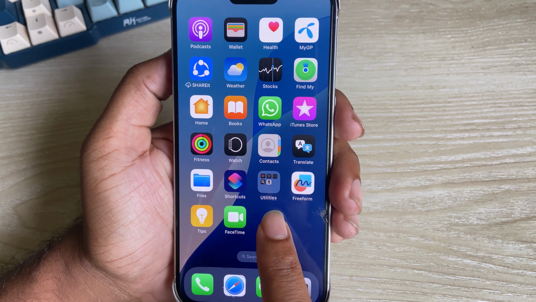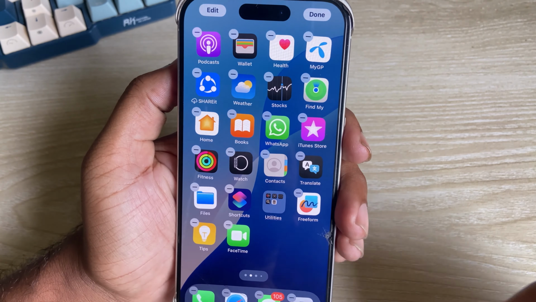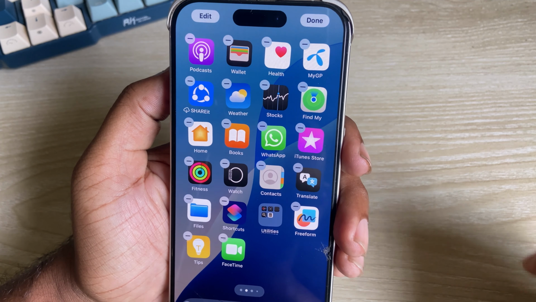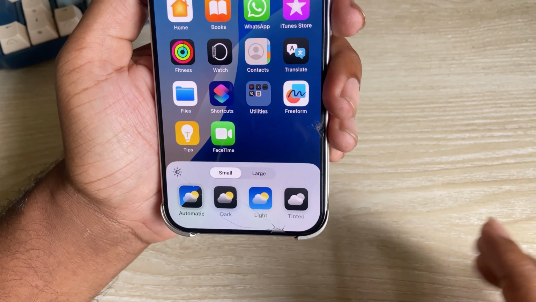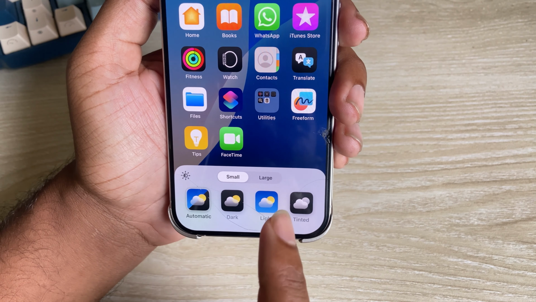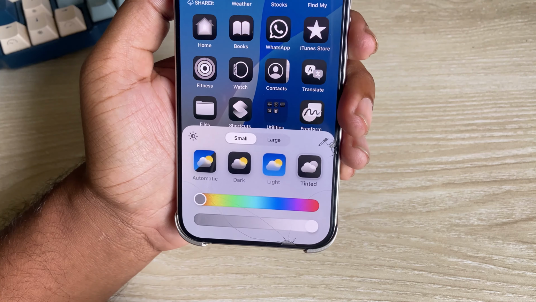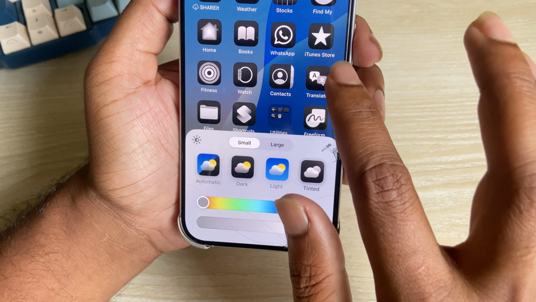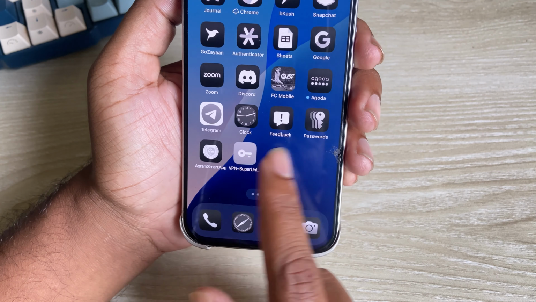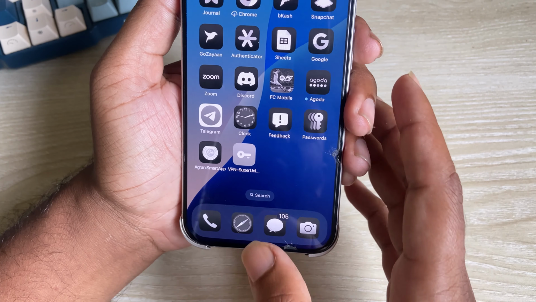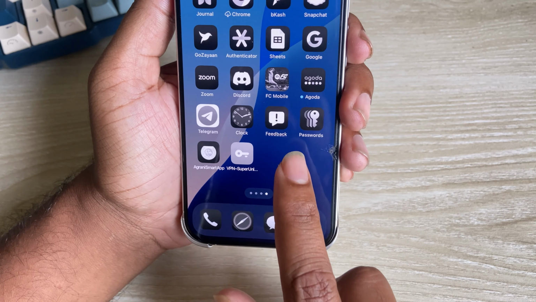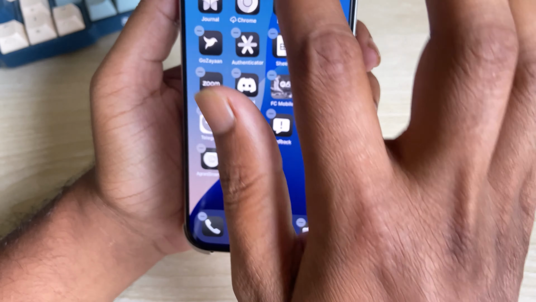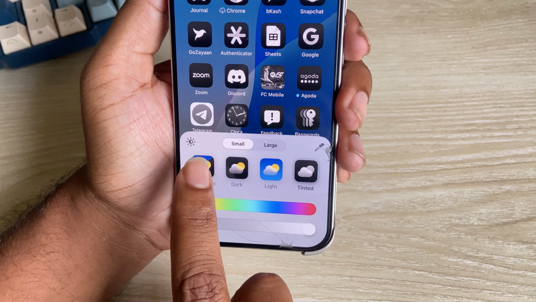And now press and hold, then you can see my icon is shaking. Press on edit, then press on customize, then you can see this kind of interface in the latest iOS 18. Then your icon will be black and white. Look. And if you want to remove it, press on again and go to customize and press on automatic, then